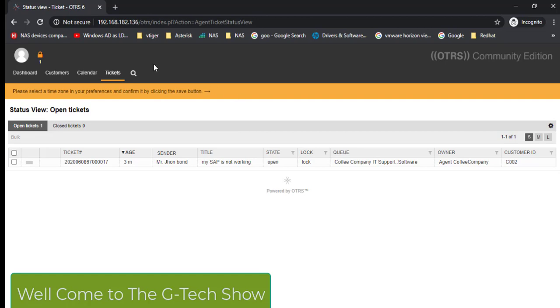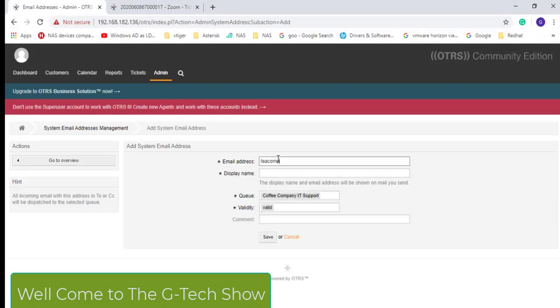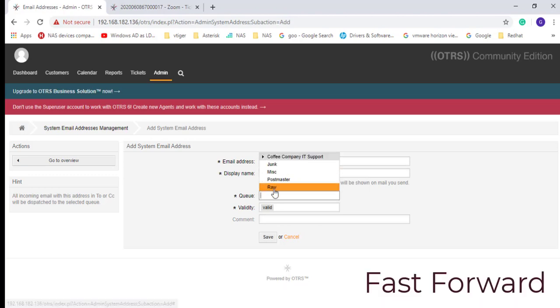Let's move forward and create a T company for the multi-tenancy. Let's fast forward the things. Email.